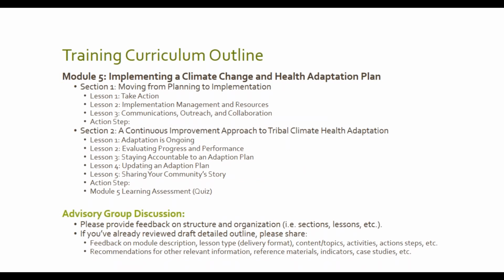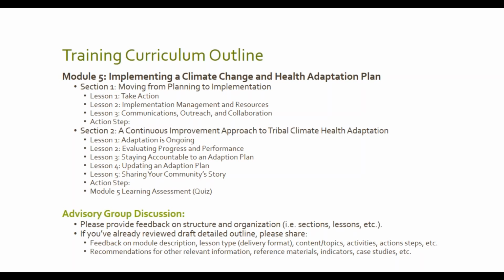So this is the last module, and hopefully pretty intuitive. It's about implementing a climate change and health adaptation plan. This assumes that an adaptation plan was conducted and the tribal leadership wants to move on to implementation. The first section gives some advice about moving from planning to implementation. Lesson 1 is take action, really just talking about making that transition from planning to implementation. Lesson 2 goes into more detail about implementation management and resources, so how to set up your management structures so that you can have an actionable